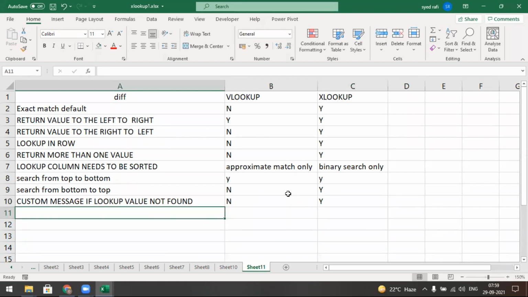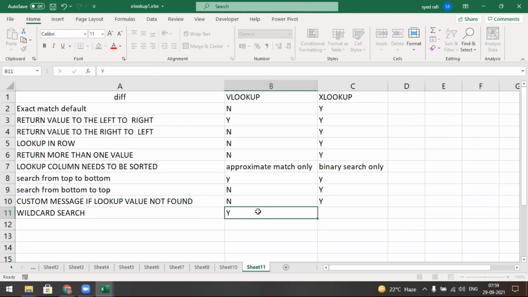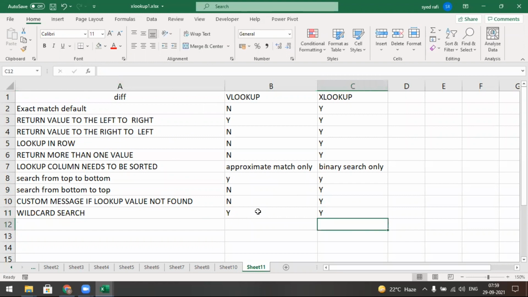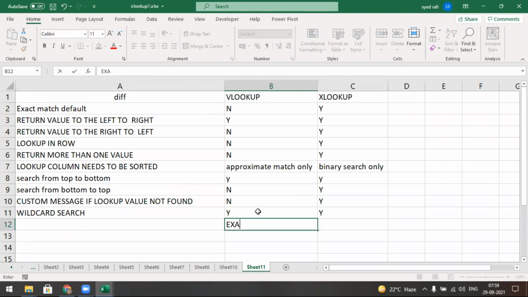Let's check. Wildcard search: yes, both are yes.